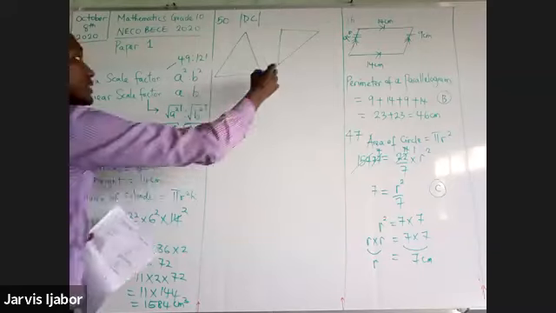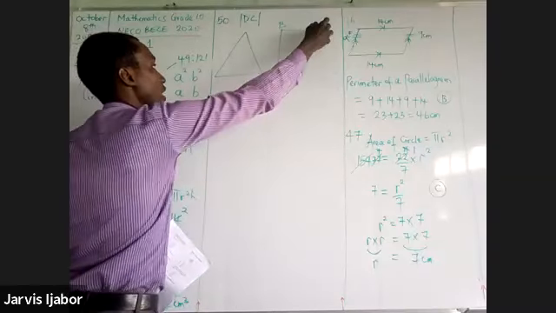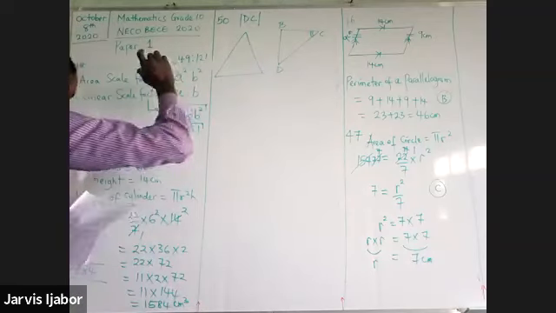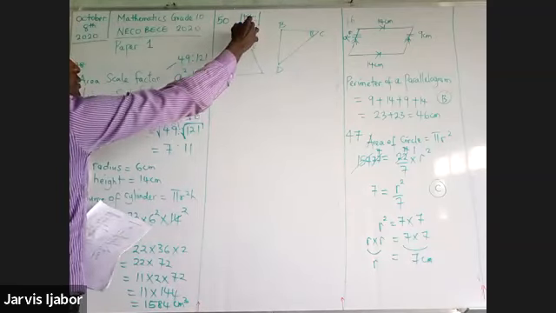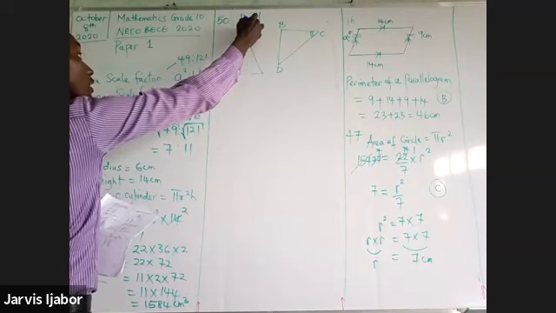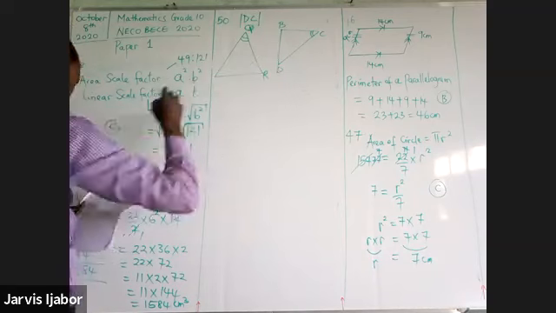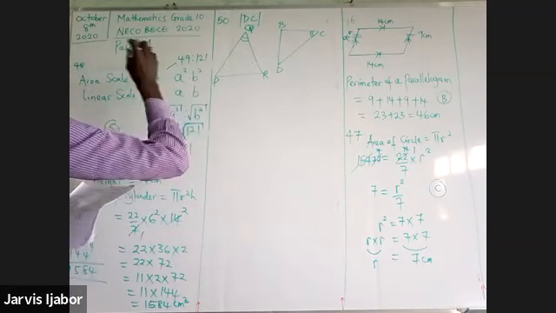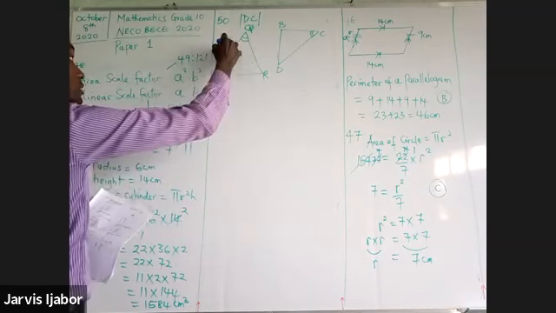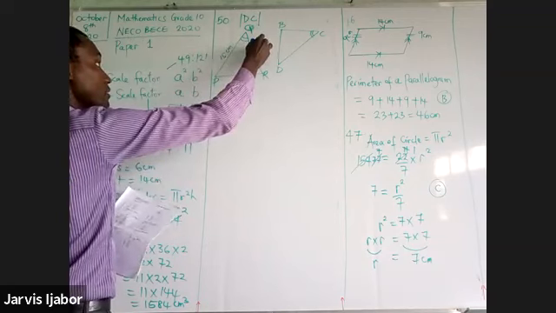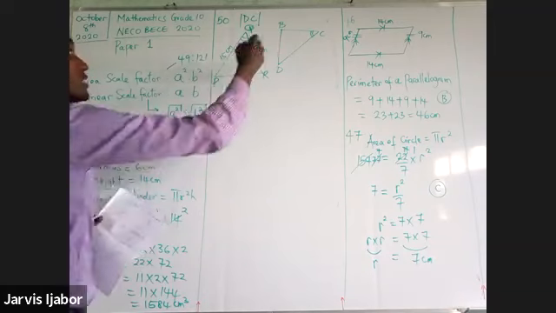Right, so we have D, we have B, we have C. Now, take note of the marking of the angles. You have Q, you have R, and you have P. This is 15. This is 9. And you're told that this is